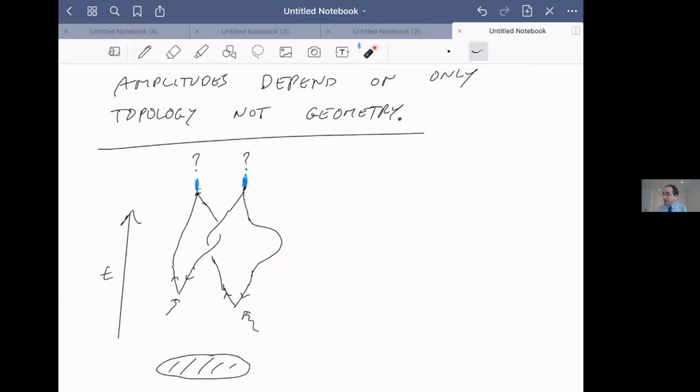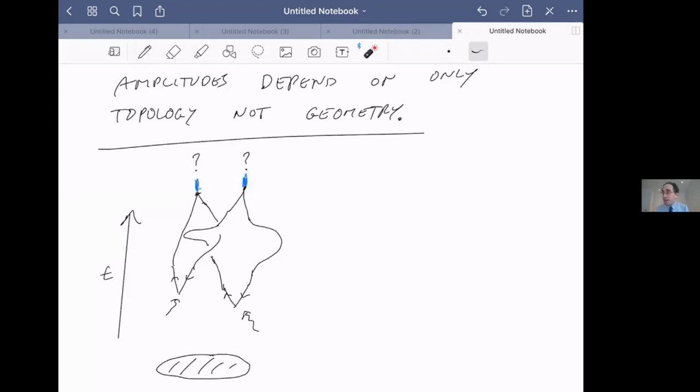I could make another change too. For example, I could deform this like this, make it like that. And I still haven't changed the topology of the picture, but I've changed the geometry. And the statement is that I will still get the same amplitudes of the outcome at the end of the day. Now, this should be a little bit surprising to us, that you have such systems where only topology matters, that it doesn't matter how I deform these pictures geometrically, that only the topology matters in the outcome amplitude,